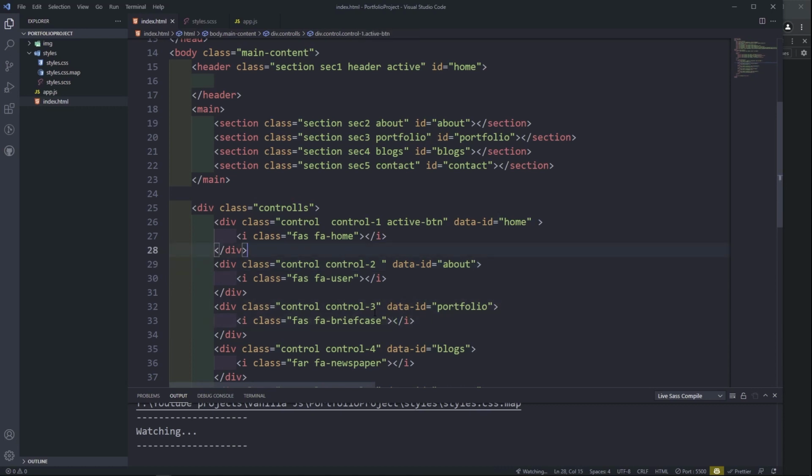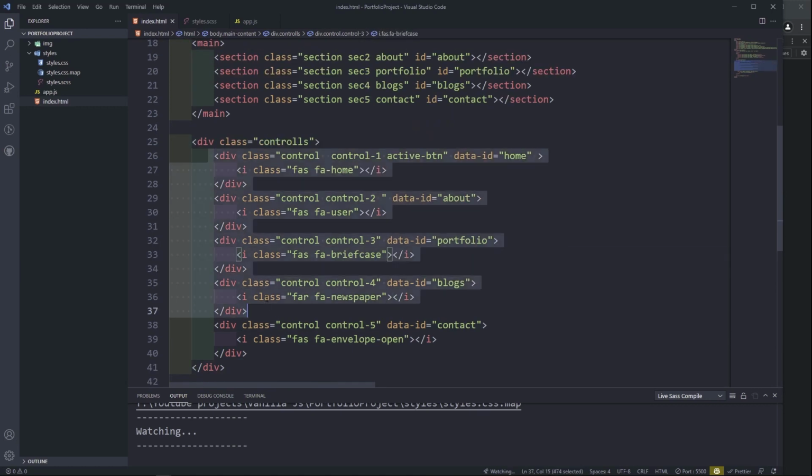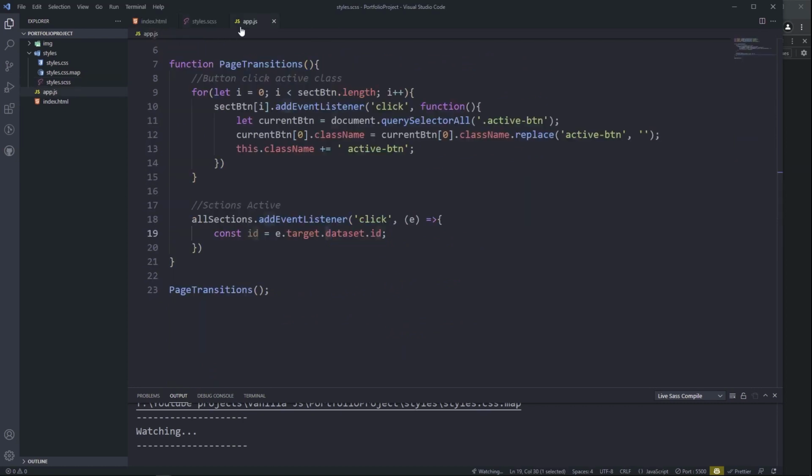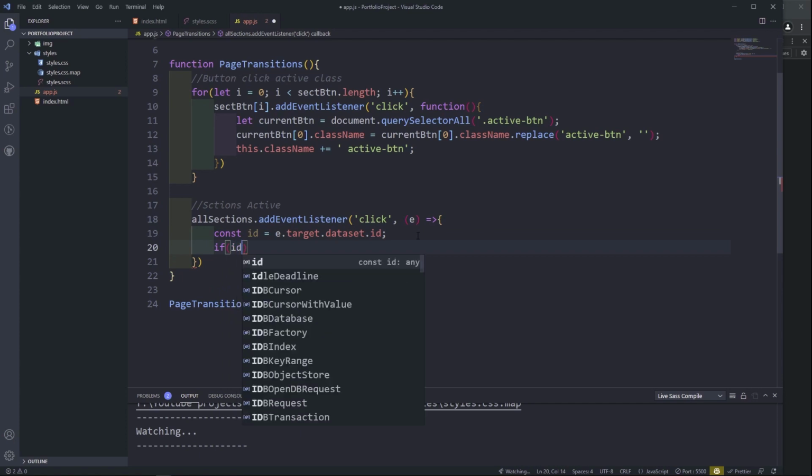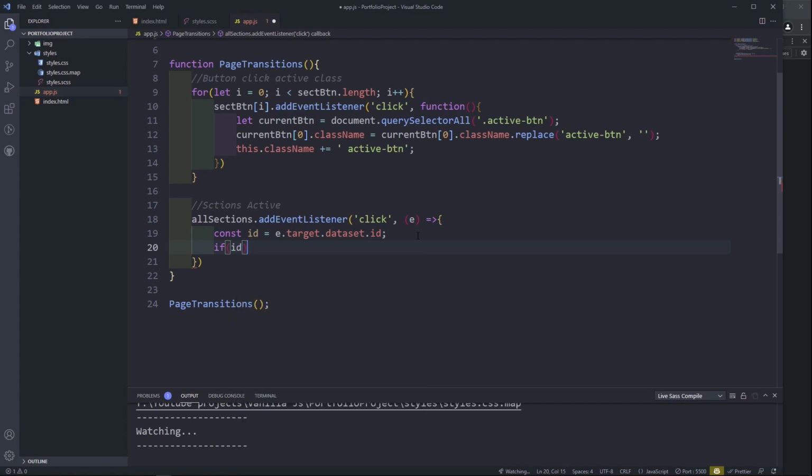Whatever element I've clicked on, especially these buttons, I'm going to target the data set for that. So I'm going to take the names of these data sets here. That's what this is referring to. I'm taking the data set and putting it into a variable called ID. Now, if ID is true, or if we have an ID, we're going to